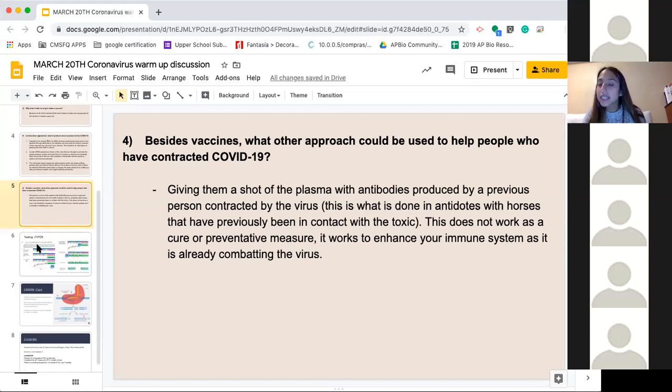Okay. So how can we actually test if a person has COVID-19? Remember that this is an RNA virus. So what we can do is we can transcribe it into DNA. Okay. So since we're doing the opposite, a reverse sort of situation, then we can use a reverse transcriptase. So this is called the reverse transcriptase PCR. Remember that whenever we're trying to check out if there is a certain sequence of DNA in anybody or